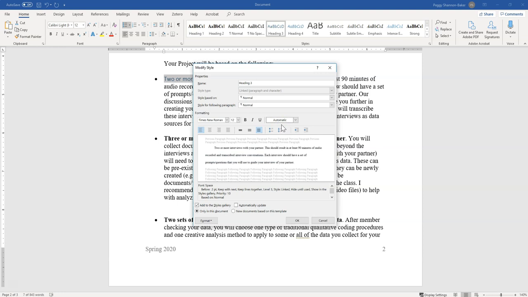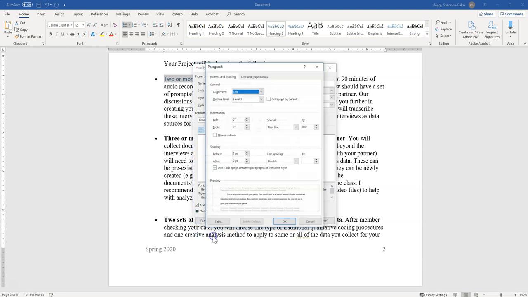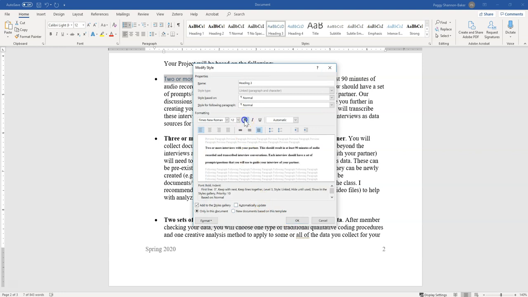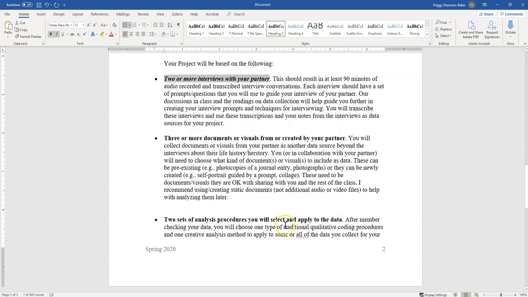Now level 3 heading format for APA 7th edition is flush left. So we need to remove this indentation here. There should be no extra spacing, so I'm going to remove that as well. It should be both bold and italics. That is new from the 6th to the 7th edition. And again, title case heading, which means the major words should be capitalized, which you can see I don't currently have that formatting. So I would need to go back in and make sure that these use title case